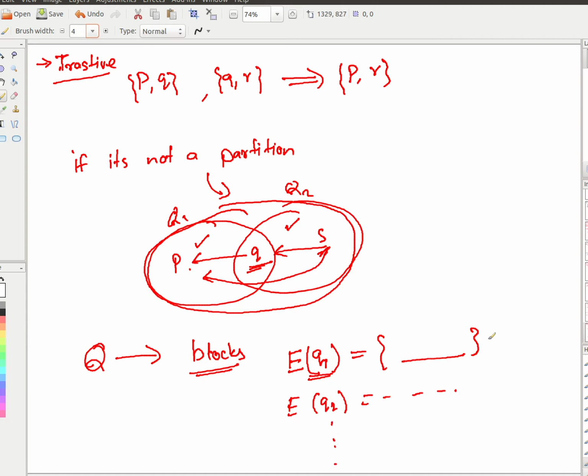Now you will realize that if this block is here, if there is a Q2 or Qi present here, for Qi again you are going to get the same block. So there is a repetitiveness, right? So you are going to pick it just one time, you're not going to repeat it for every state. So for every state you find all the equivalent states, and you put them in a block. There is a repetition, so discard the repetition. Finally you will end up having just the unique blocks, which form a partition. Is that clear?